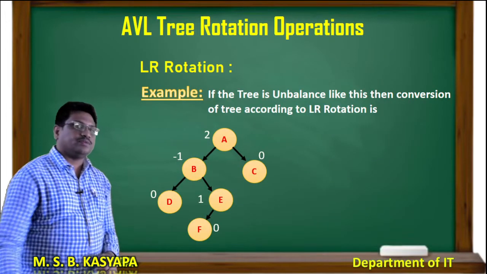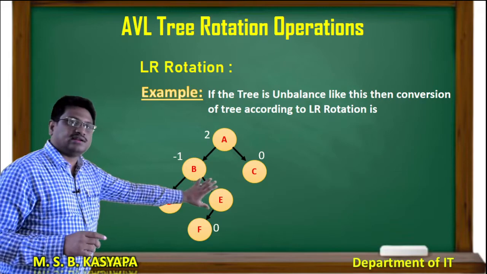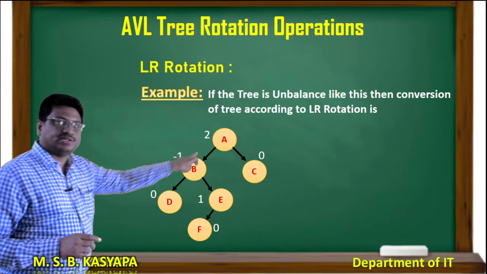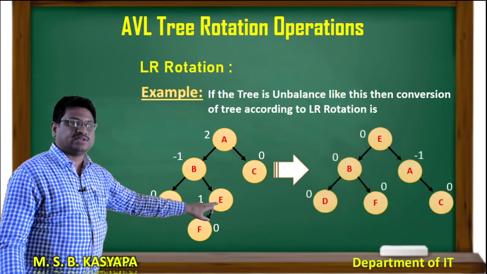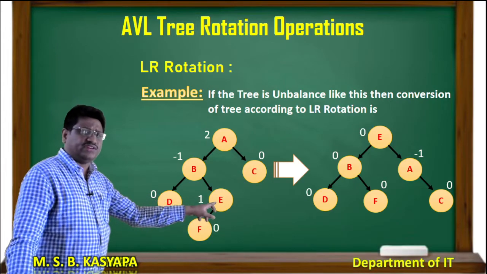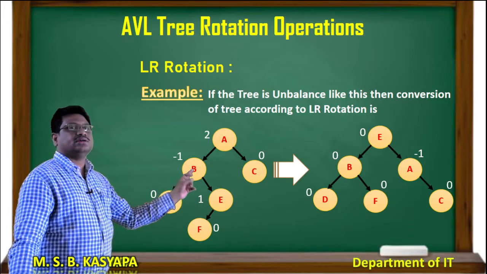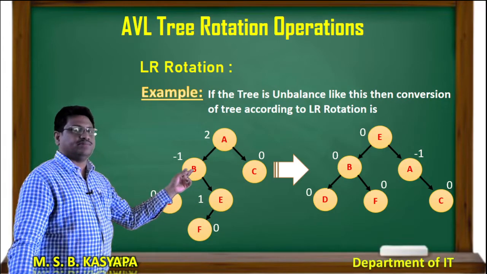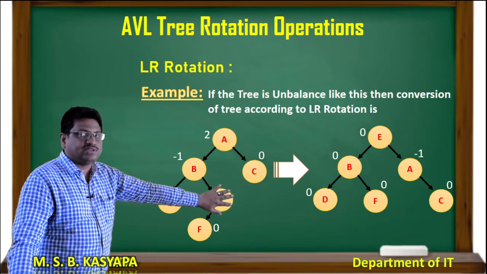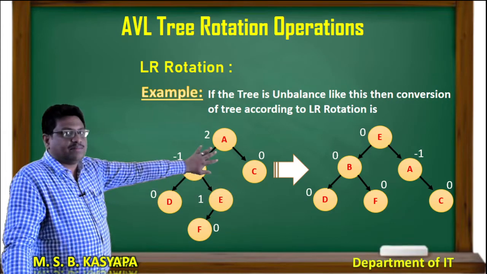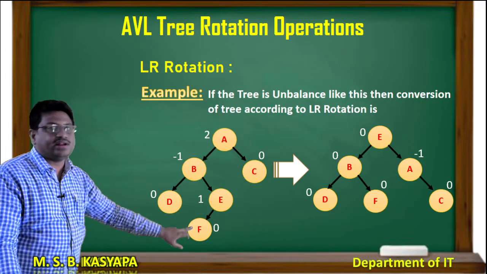Let us take here. Now, what do I have to do? First, I have to find the first right value of a left subtree. So, in this left subtree, the first right value is E, so E becomes the root node. And if it has any left children, these left children should be linked with the B. Suppose I am removing this one, am I right? So, if it has any parent and left child, these left children and parent should be linked. So, B and F should be linked.